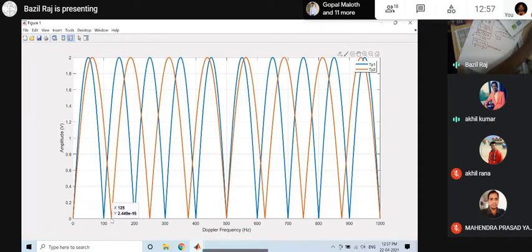V1 of PRF2 is at 125 hertz and V1 of PRF1 is at 100 hertz now. Because we have chosen it such that the second PRF's blind speed is at a higher Doppler than the first blind speed. So N1 is less than N2, PRF2 is less than PRF1; or N1 is greater than N2, PRF2 is greater than PRF1 now.